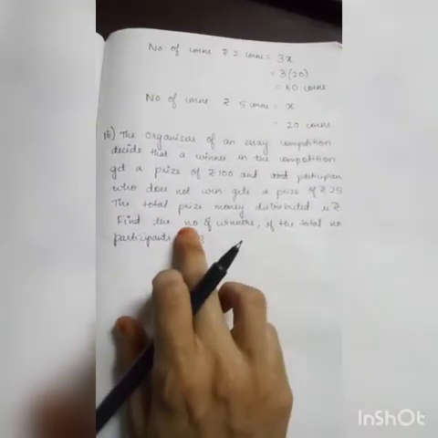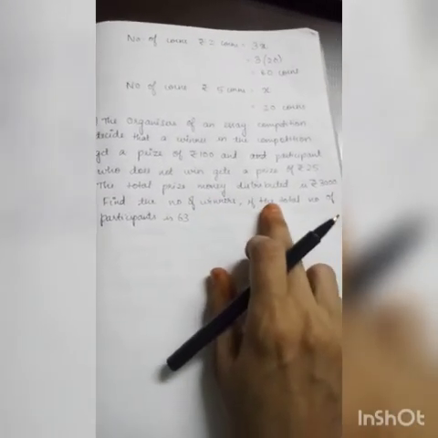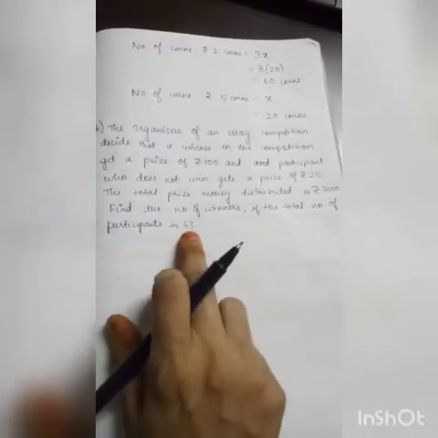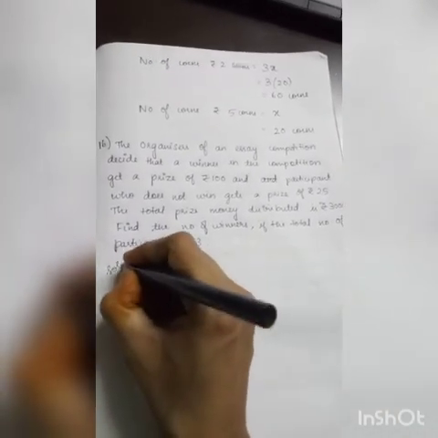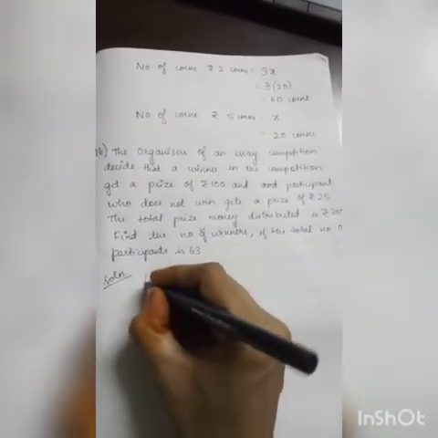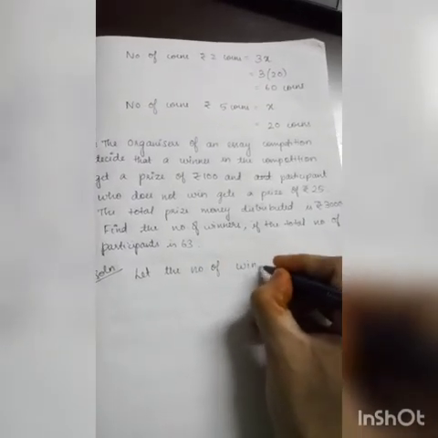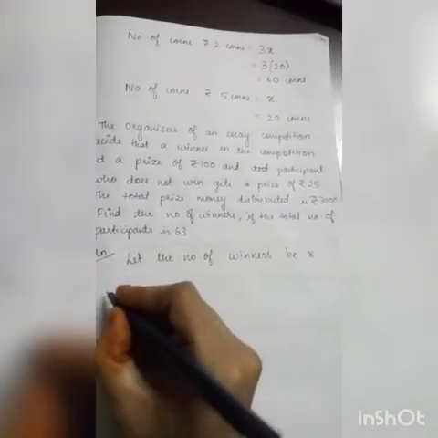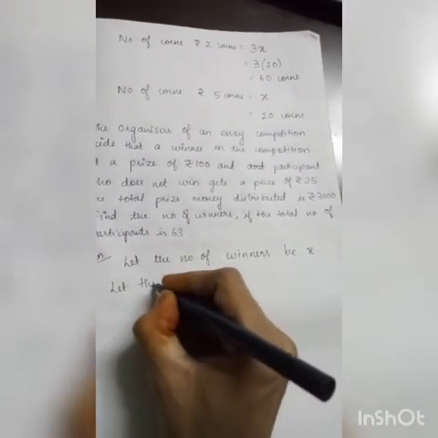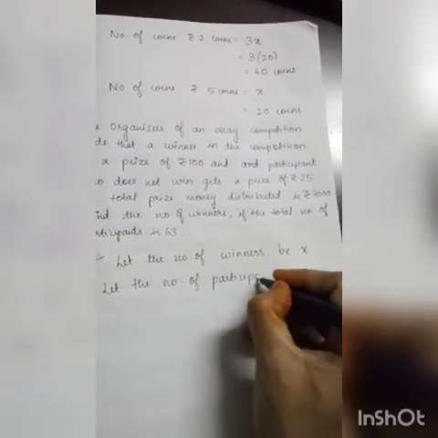What are we going to find? How many winners are there in that competition? Number of winners. So how many participants are there totally? 63. So now shall we find it? What we don't know in this question? Number of winners. So let the number of winners be x. Okay. So let the number of participants who didn't win